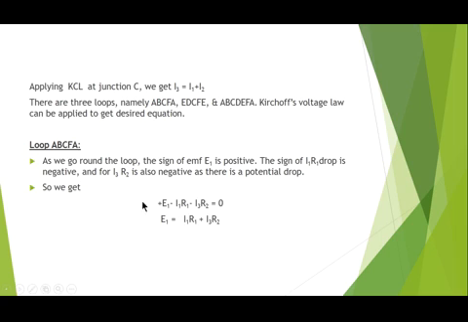So this is your Kirchhoff's voltage law: the sum of all voltages is equal to 0. This is E1, a voltage, I1 R1, a voltage, and I3 R2, a voltage. So we need the value of E1. E1 is equal to this: minus I1 R1 goes to that side, meaning plus I1 R1 plus I3 R2. This is loop ABCFA. Next loop is